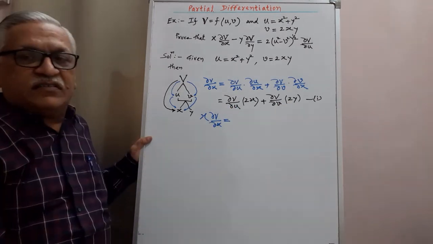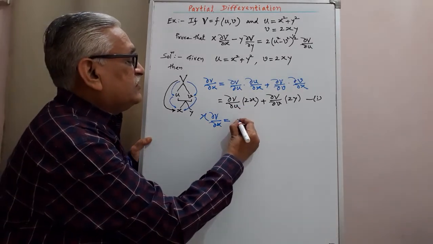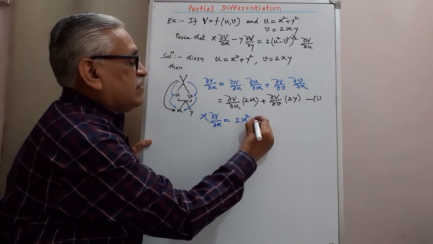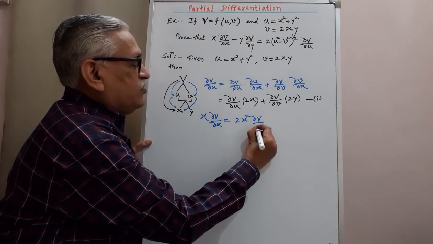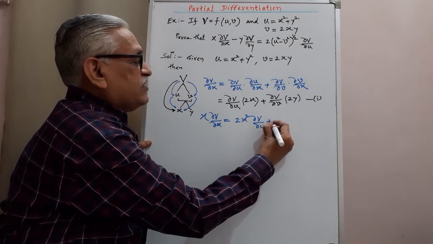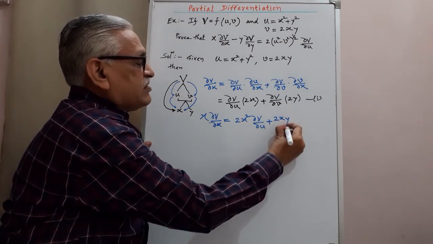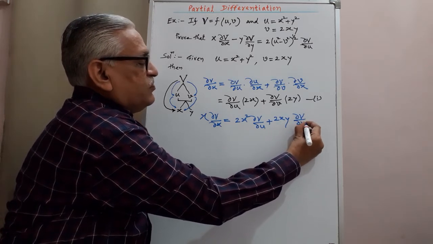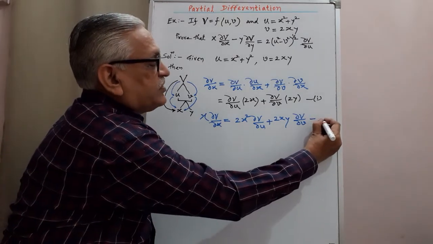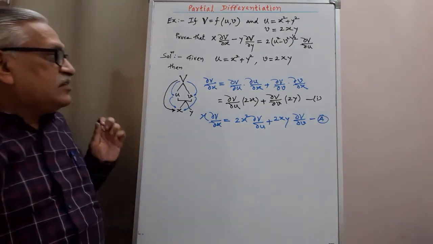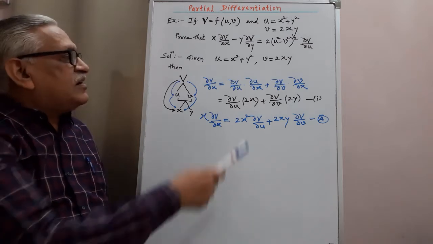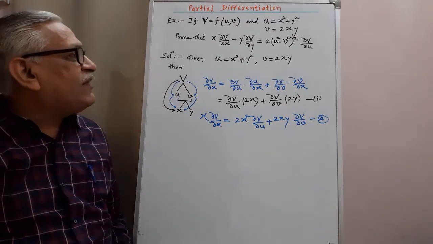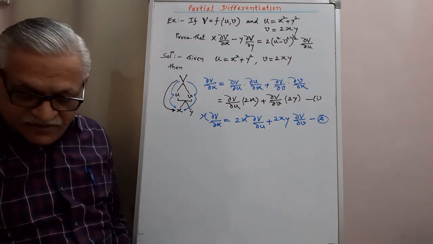Multiplying by x on the right hand side also, we get 2x into x, it becomes 2x square dou V by dou u plus 2xy dou V by dou small v. We call this equation A. Here I have completed the calculation of the first part, the half part. I have obtained the value of x dou V by dou x. Then